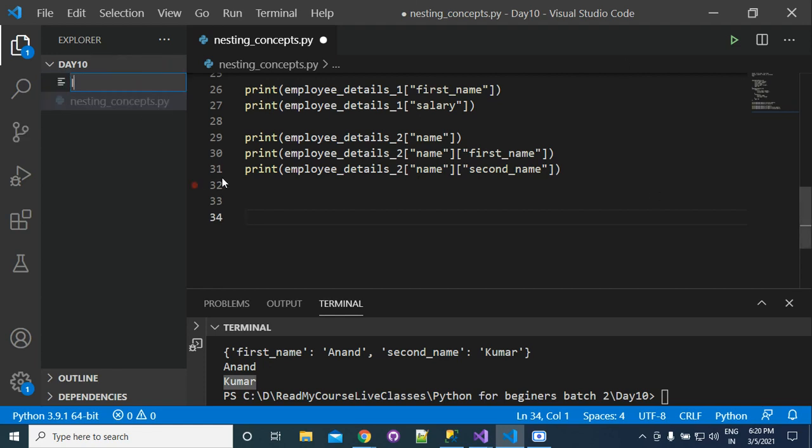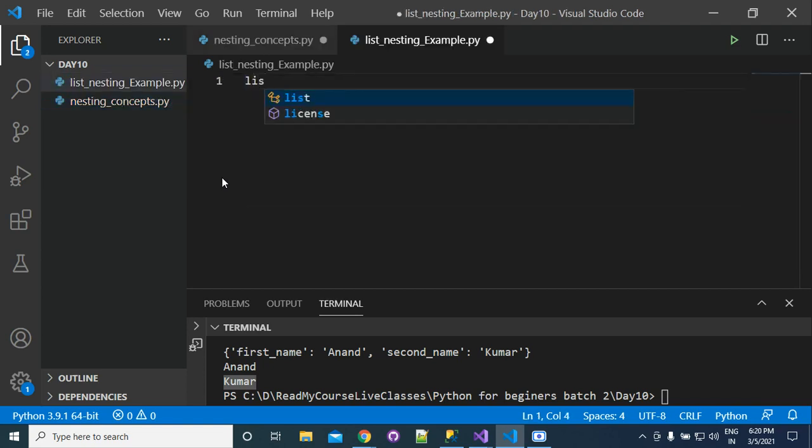So I am giving you an example of list nesting. Suppose that we have a tournament game, and in this tournament game we have data.